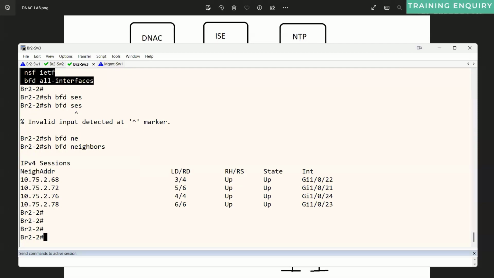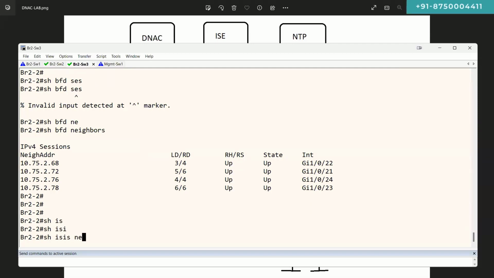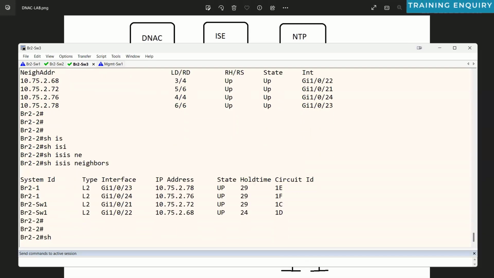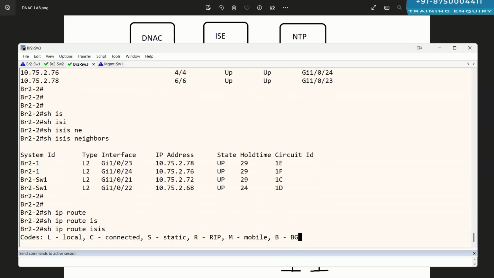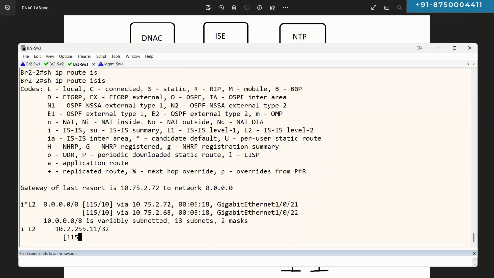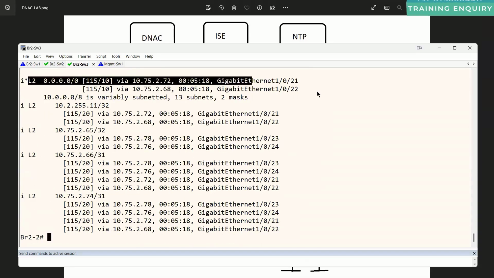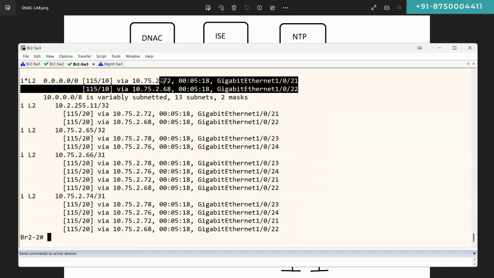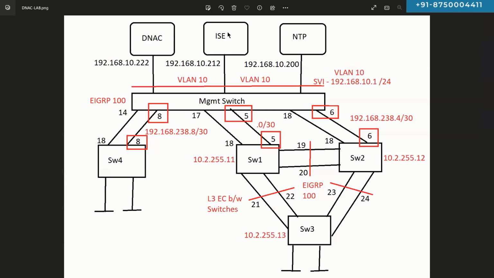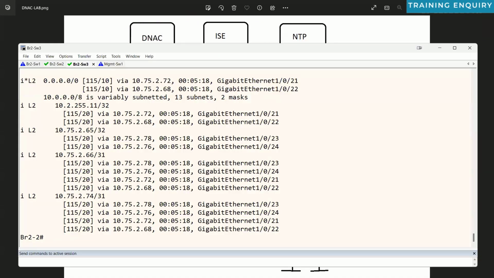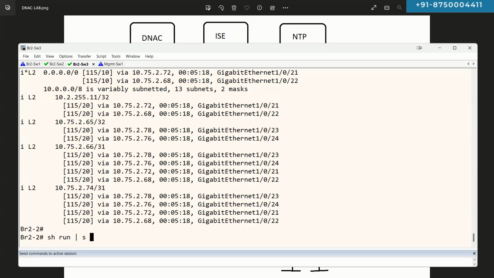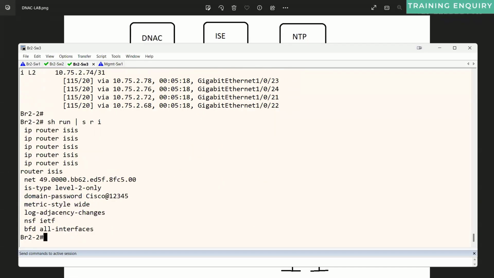So all the things like show ISIS neighbor, show IP routes ISIS, we can see all the L1, L2, whatever routes are there, everything. You can see that the seed device actually has configured a default route towards the neighboring devices, so that everyone can use the default route to reach the seed device. From there, EIGRP is already running, so the reachability is there. Whatever configurations are needed to build the underlay network, those configurations will be pushed by